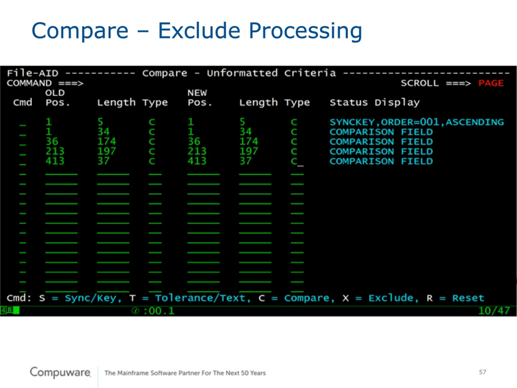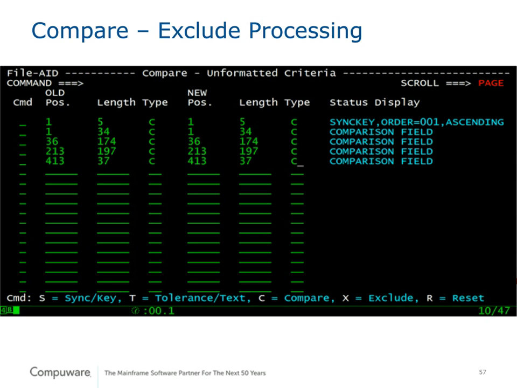So I tell it to look in position 1 for a length of 34 bytes. And then since I don't want to do position 35, I say, okay, start in position 36, compare that. But I know I don't want to compare positions 210 through 212, so I've got to do some math to figure out the length after position 36. I've got to subtract, so I think it's 214 minus 36, and I get 174, something to that effect,